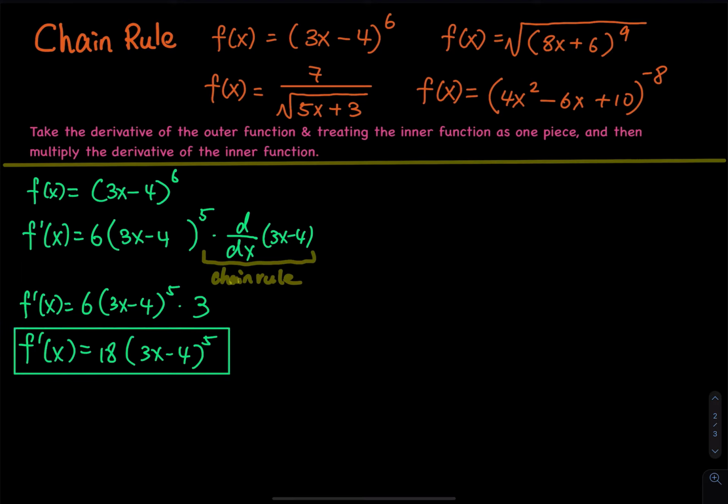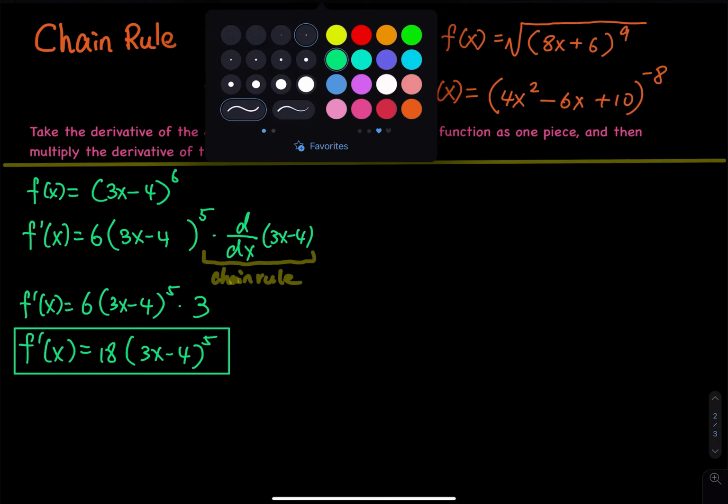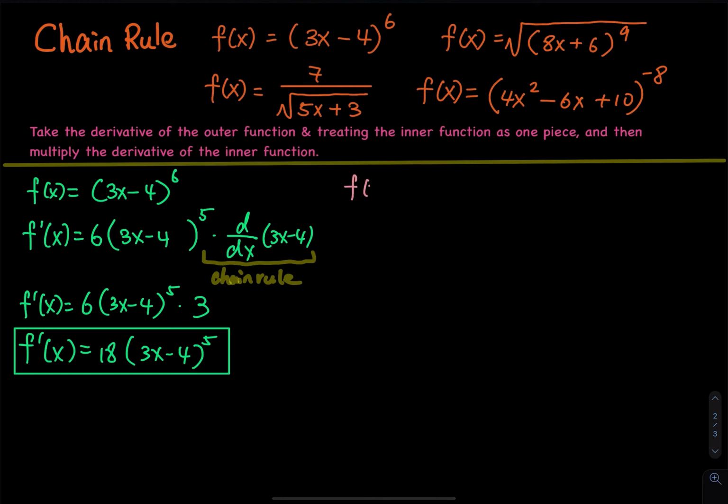And then the second function, we have a square root, right over here. Let me switch to another color. So the second function, we have f of x equals the square root of (ax plus 6) raised to the 9th power. All right, so square root means one half power, right? So f of x equals,